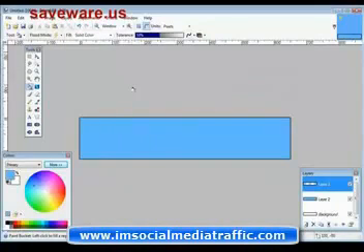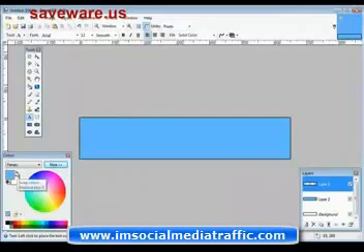we could say if we wanted to put some text on here. So what we would do is pick the text, which is this one. Then we want to pick a color for our text. This little thing here just swaps the color. So I want my text white. I'm going to do that, but you could pick white out of here as well just by clicking on it. And then what I do is I just place this where I want my text to start. I start typing. Let's put